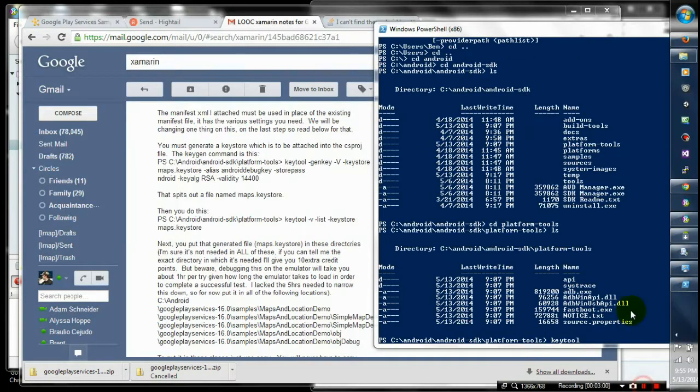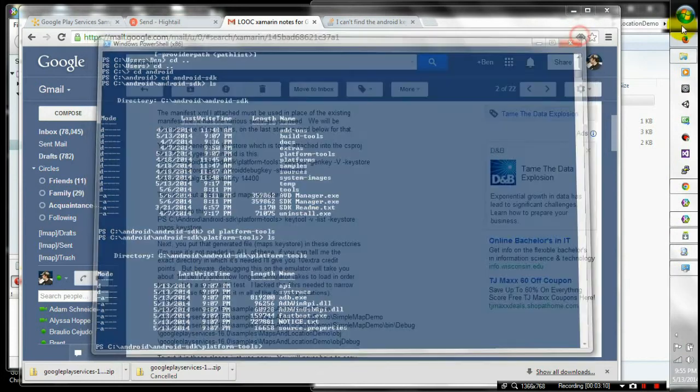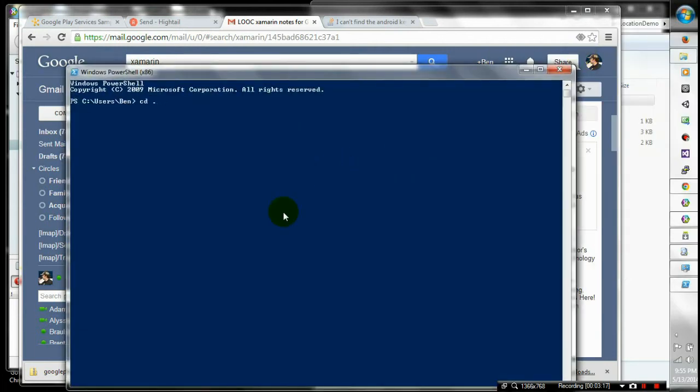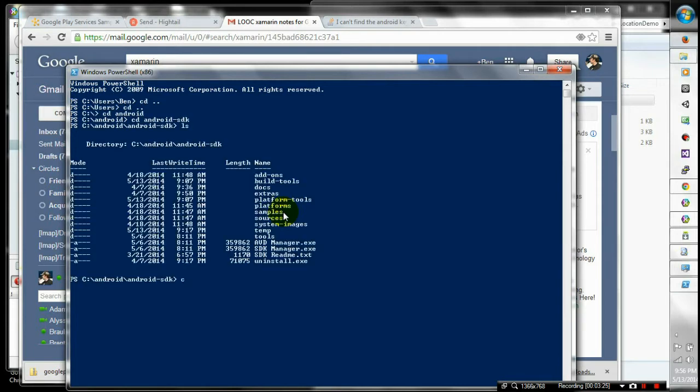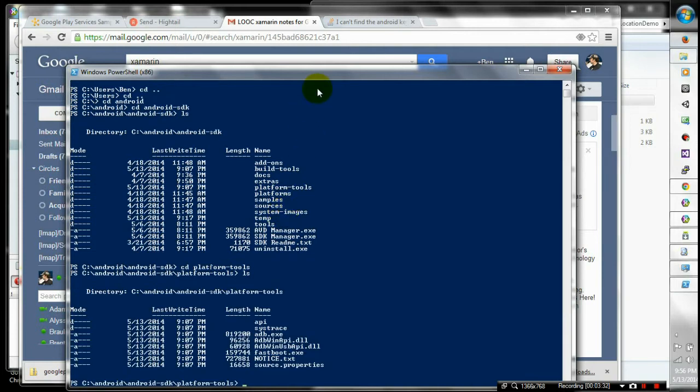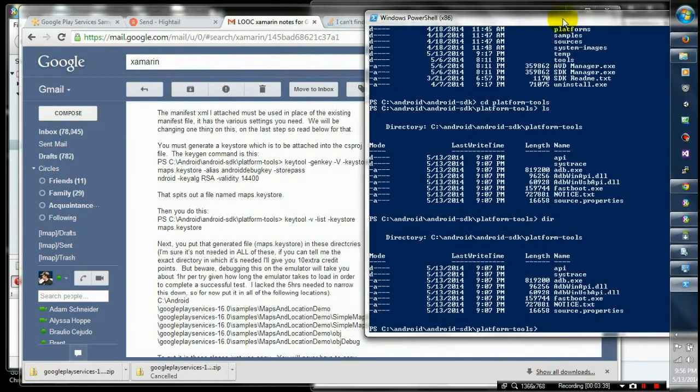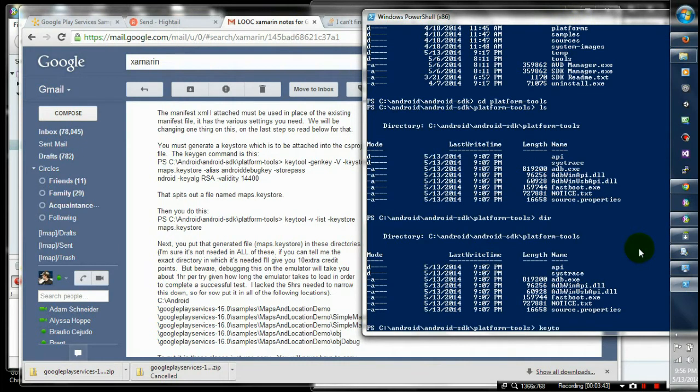And what you'll want to do is change directory all the way over to the Android SDK Platform Tools directory. In order to do that, you just click on here. Let's go back to the PowerShell. CD Android SDK, CD Platform Tools. CD stands for Change Directory, by the way. LS stands for List. Another way you could do it is dir, and that shows you the contents of that directory. So in order to generate this key store, we type in keytool -genkey -v -keystore